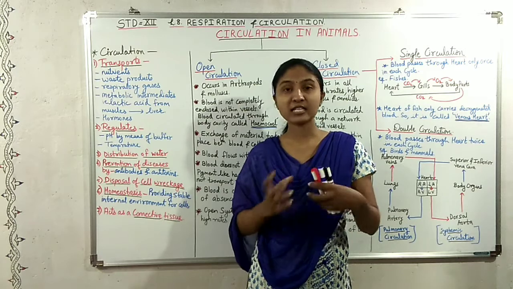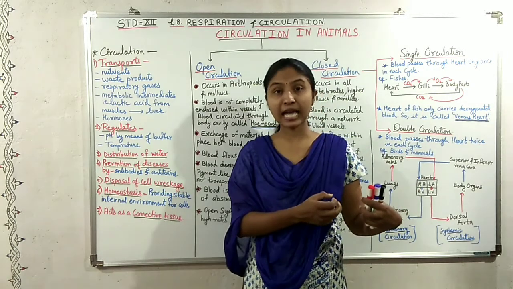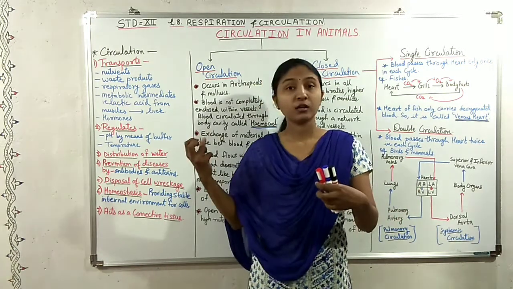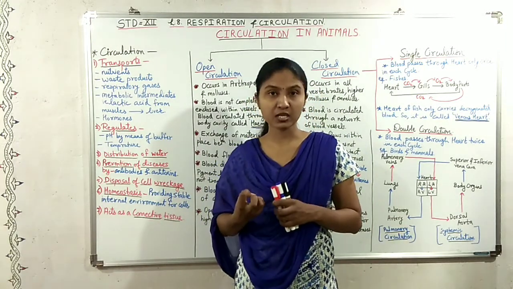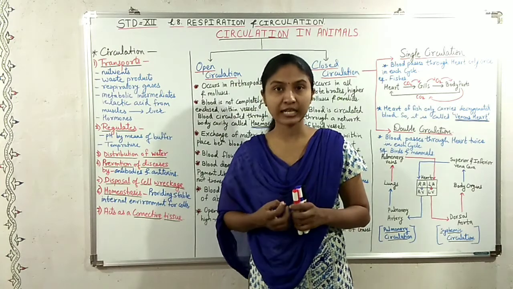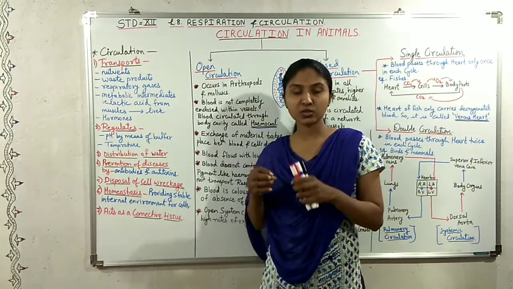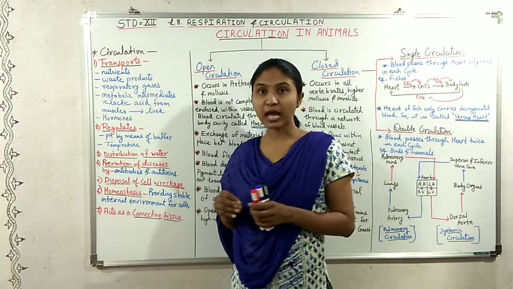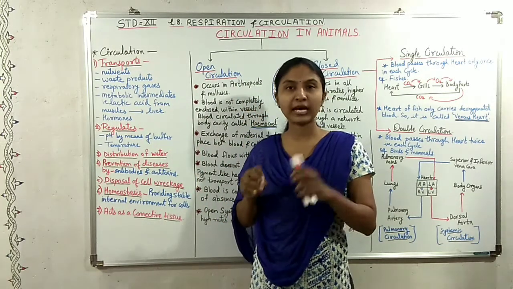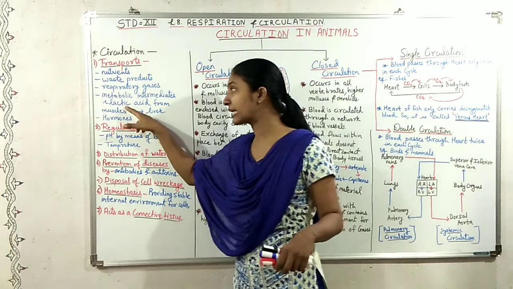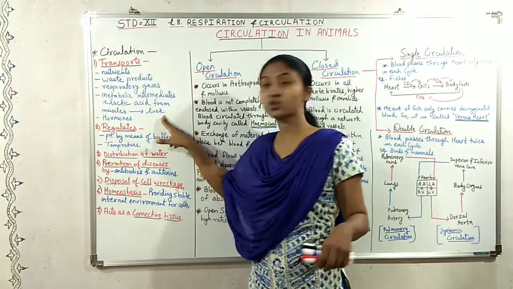That pyruvic acid is then converted into lactic acid in the muscles, and when that lactic acid accumulates in the muscles, what happens? Muscle fatigue takes place, right? So that shouldn't happen. So for that, the blood or circulatory system helps in transport of that lactic acid from the muscles to the